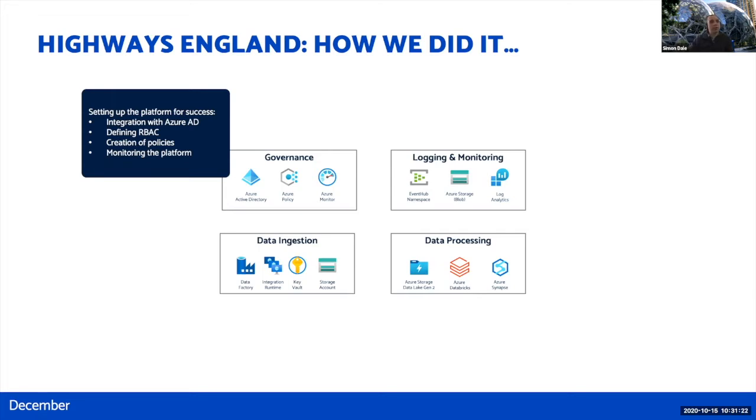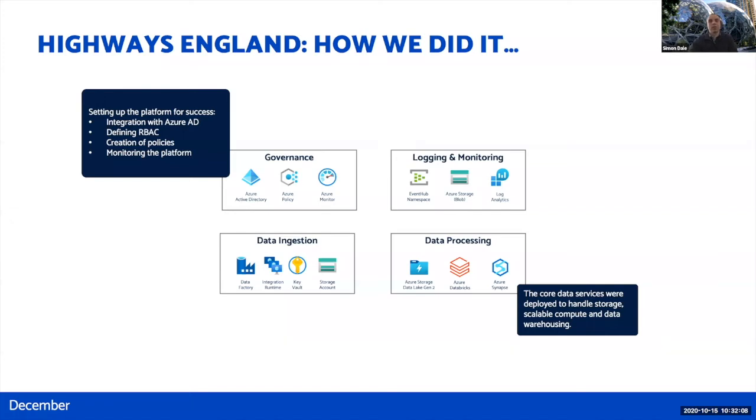We defined a lot of RBAC. So once the user's been authenticated by the Azure Active Directory, we can authorize them to access different areas. So whether that's access to the data warehouse, whether it's access to services, or if it's access to files in the data lake, all of that is something that the platform can define. So we've got that separation of authorization is centrally managed, whereas authorization, did I get that right? Authentication is centrally managed. Authorization is managed by the platform. We also made sure that there were sufficient policies in place to know that what was being deployed was a sound platform.